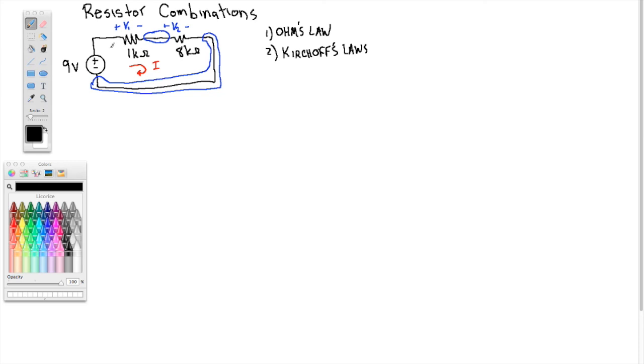And you could use Kirchhoff's voltage law to get the current in this loop, but I do want to point out this is a simple circuit, and these two things alone are not going to be enough for us. And I want to point out here that Ohm's law in particular will not work for you on this problem,